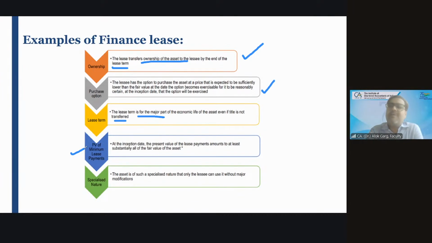What is meant by fair value of the asset is 50 lakh rupees means I am the lessee. If I go to buy the flat, I have to pay 50 lakh rupees, right? So there is one option which is available. I don't have 50 lakh rupees. So how can I buy the flat? I can take a